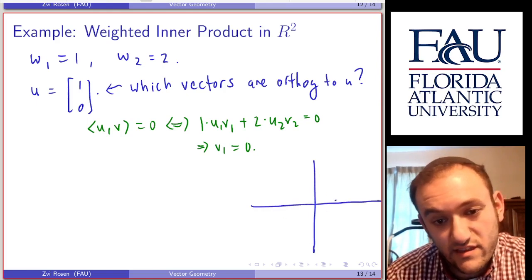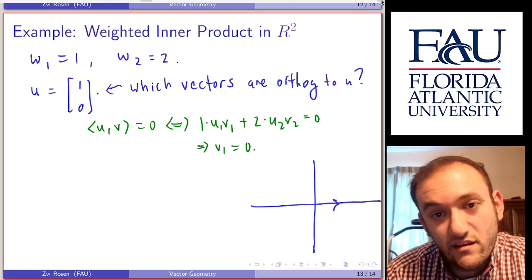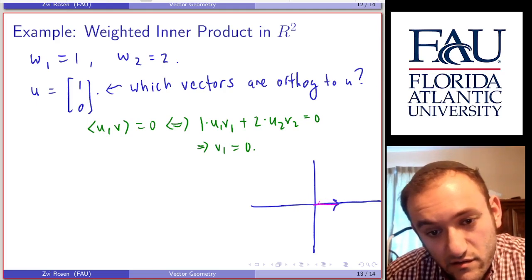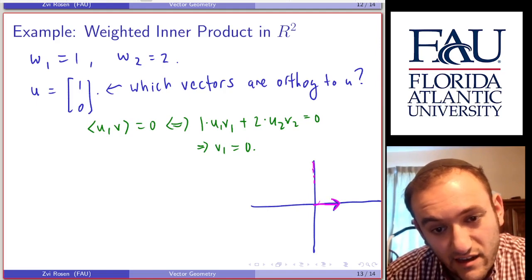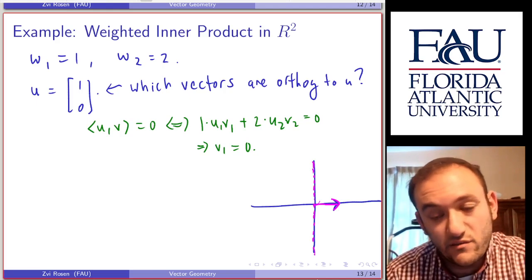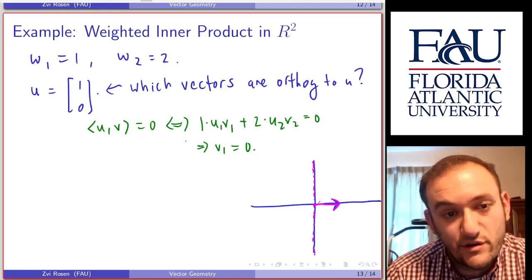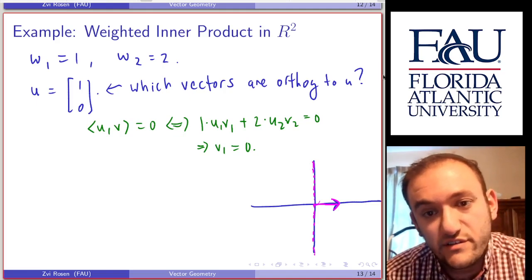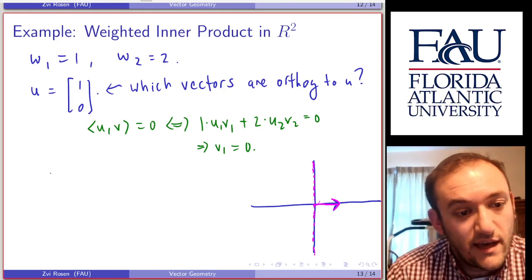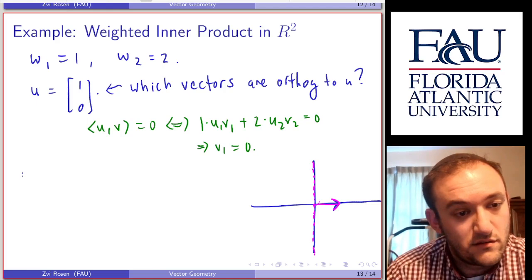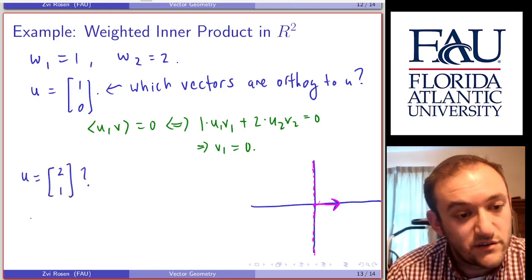if I have this vector in pink, then this dotted line in pink would be the vectors orthogonal to it. Okay, the ones where the x-coordinate is 0. So that's actually exactly the same as it would be with a dot product. But if we take a different vector, so let's say it's the vector 2, 1, okay, so here